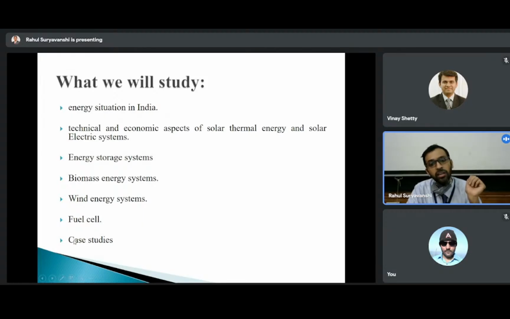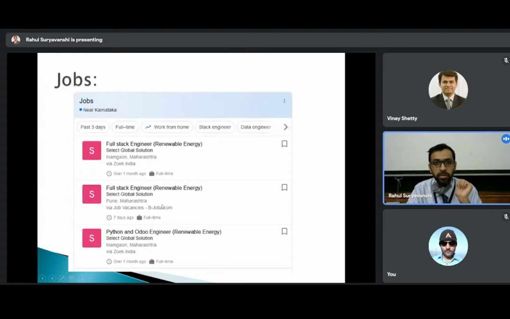All those things will be done practically in this case study. The exam you will be writing theoretically, but the analysis part will be done practically. We will be visiting the sites, we will be understanding the concept there, and we will be going ahead with this kind of thing. So these are the things which we will be studying in this chapter.